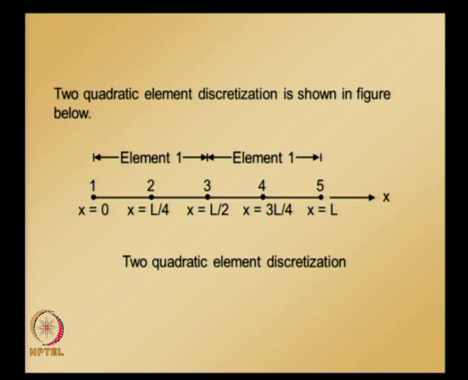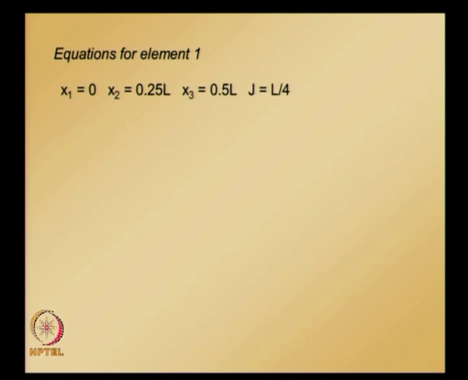and you can notice that for both elements 1 and 2 the lengths are the same, and also the position of nodes locally is at the same distance from each other. So, element equations for element 1 and element 2 are going to be the same, since EI is constant. Now let us see element equations for element 1,